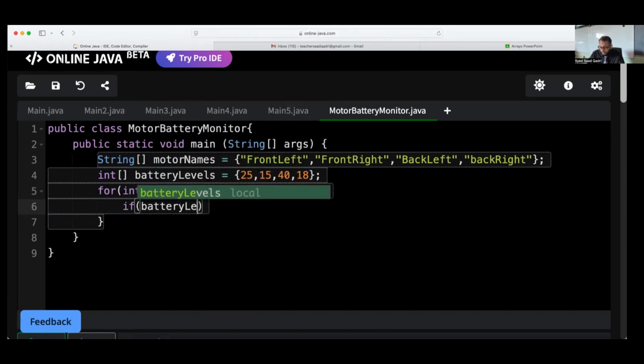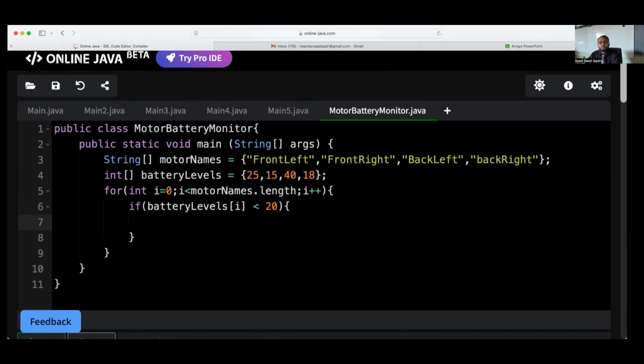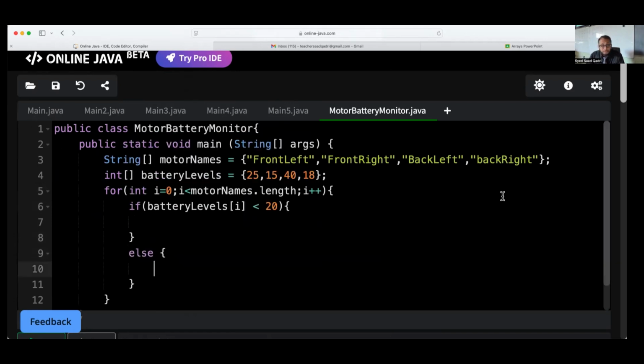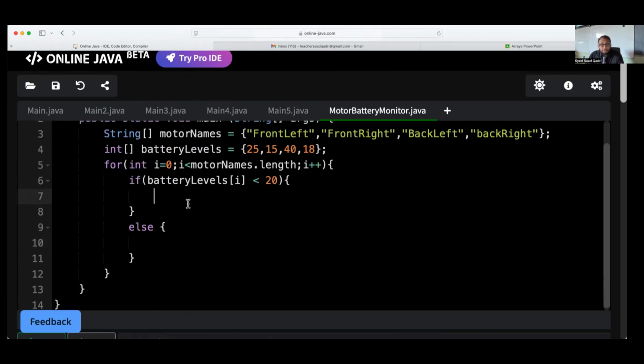If the battery level at the current location of the array is less than what value? 20. Then I need to inform the user. I do not need to inform the user if the battery level is equal to 20 or greater, other than a different message. Okay. So if the battery level is less than 20, then